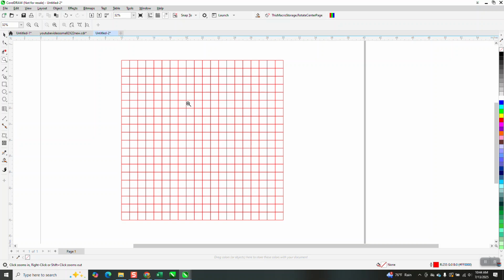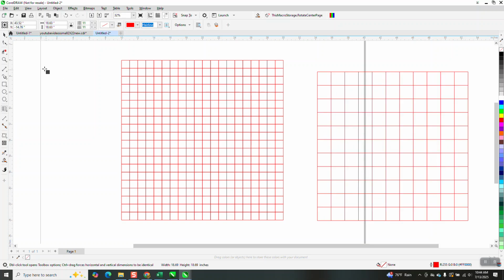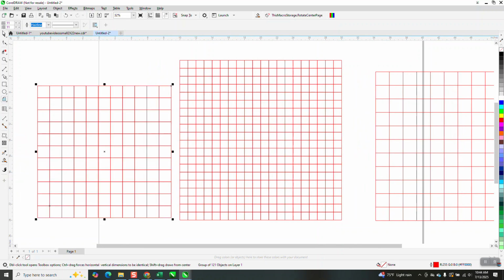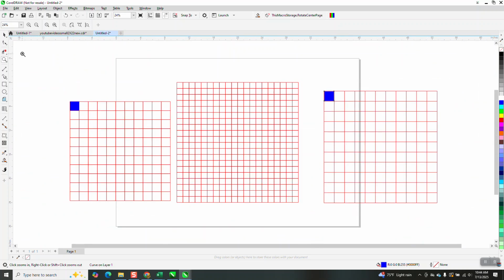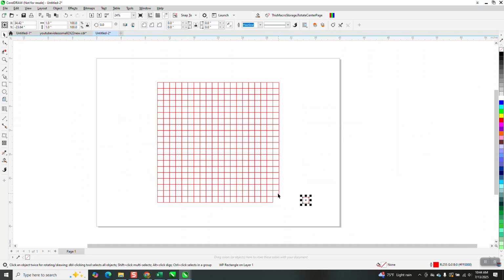There's two ways to create, well, there's more than two ways because you could create individual lines, but you could use the table tool and then figure out the size. You could go to the graph paper tool and then figure out your size. And on the table tool, it leaves a margin, and I could never figure that out. So this video is about a macro that's going to do this, but it's going to have individual